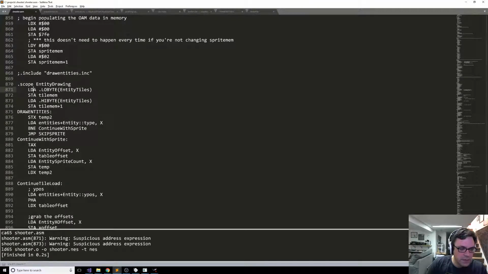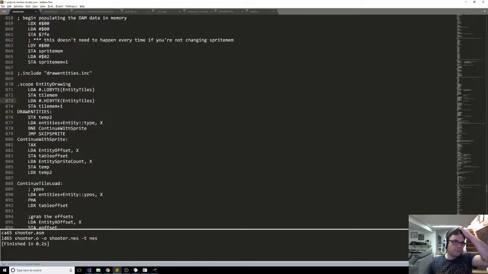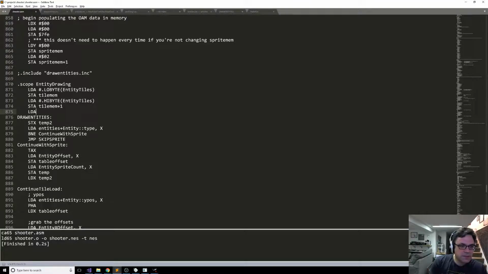$871. So load A with... oh, that's what it was. That was the problem with it. If you remember from last time, I was telling it to load from the address of the low byte, or rather load from the address that the low byte resolves to, which is not what I wanted. I wanted the actual value of the low byte, so I can store that into tilemem and then tilemem plus 1. And then I want to do the same thing here for